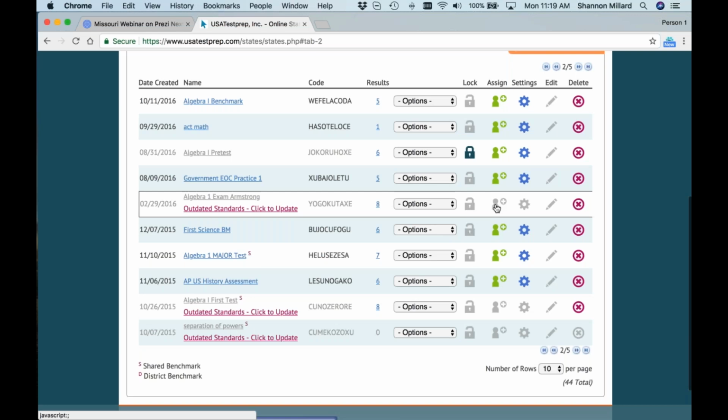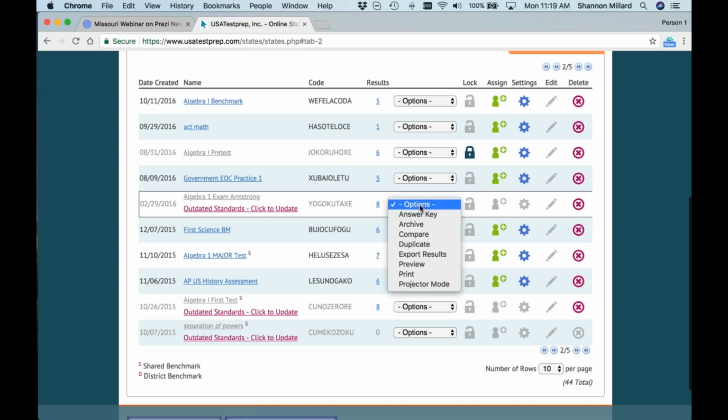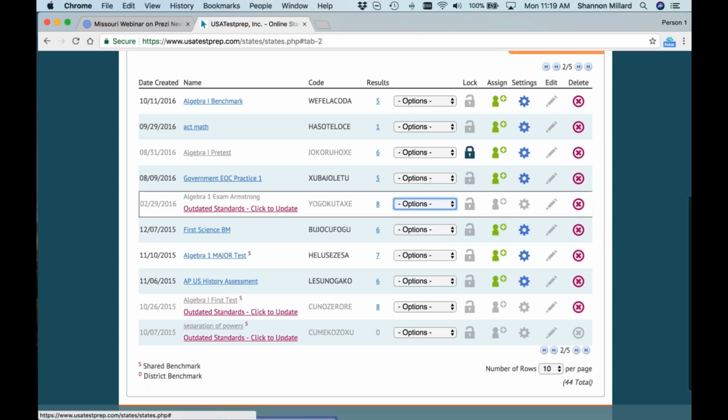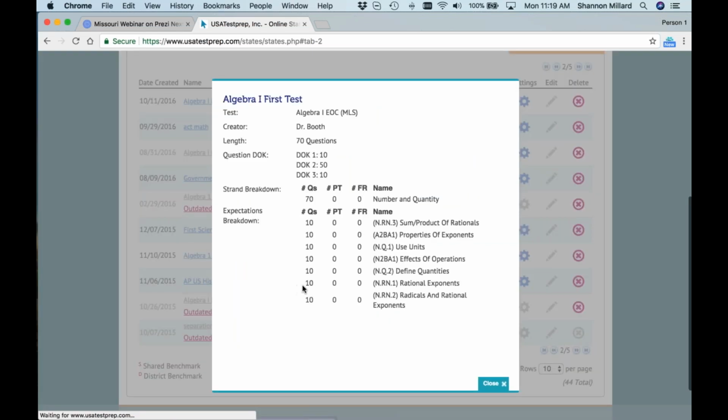You can't sign it. You can't really do anything. You can view your results, so those are still available. You can also export your results into Excel. And then what I mentioned in the presentation is if you click on the title of the benchmark, it's going